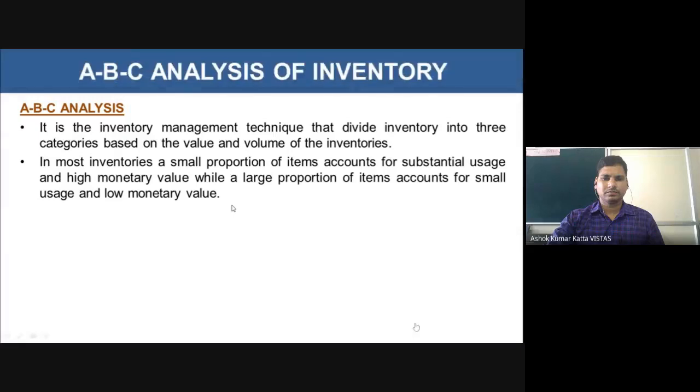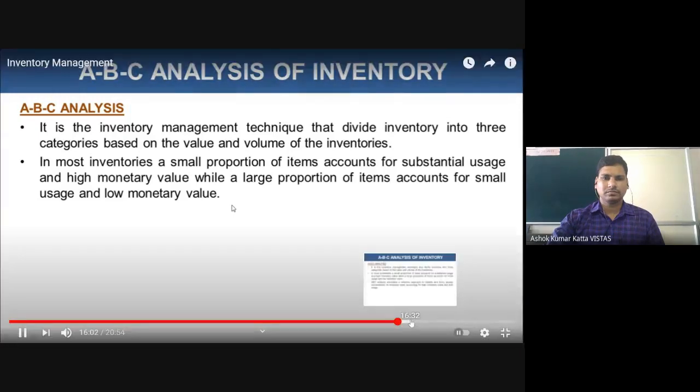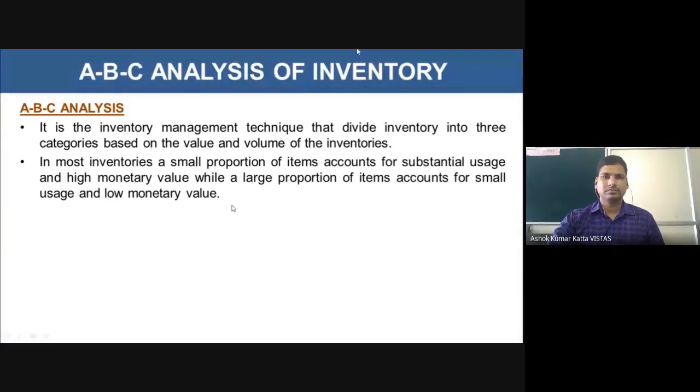And then we will see what is the volume percentage and the value. So the materials which are having the highest monetary value, we need to focus more on those materials rather than focusing on